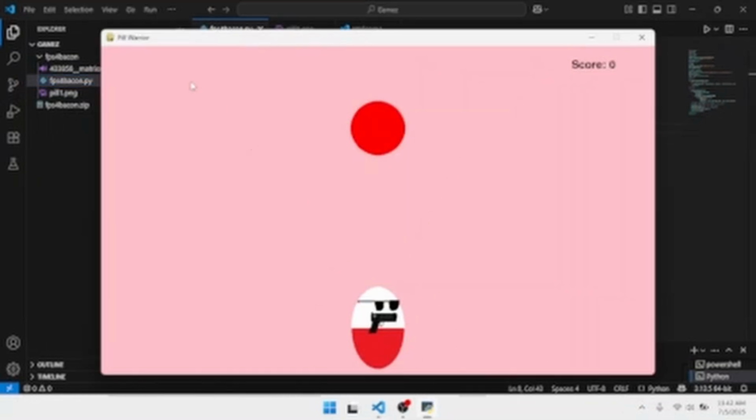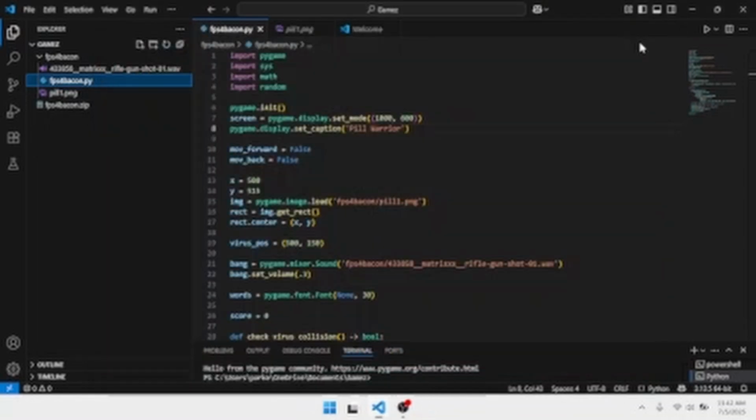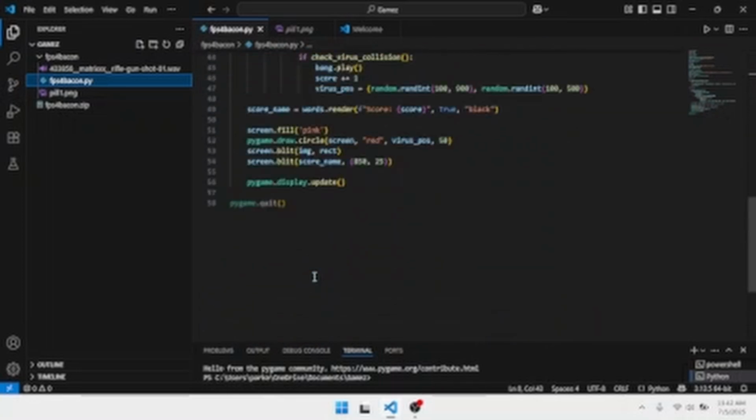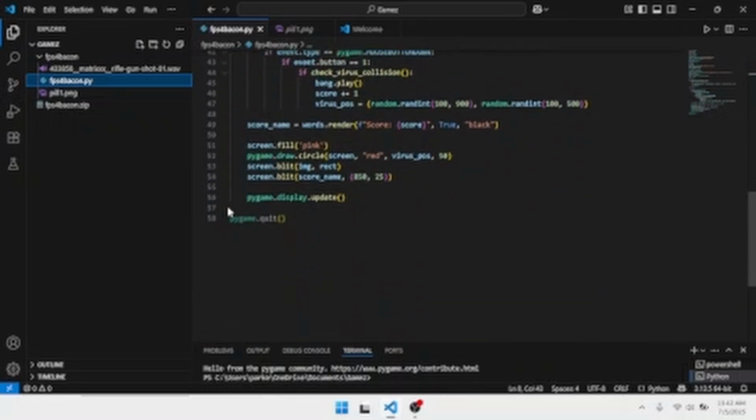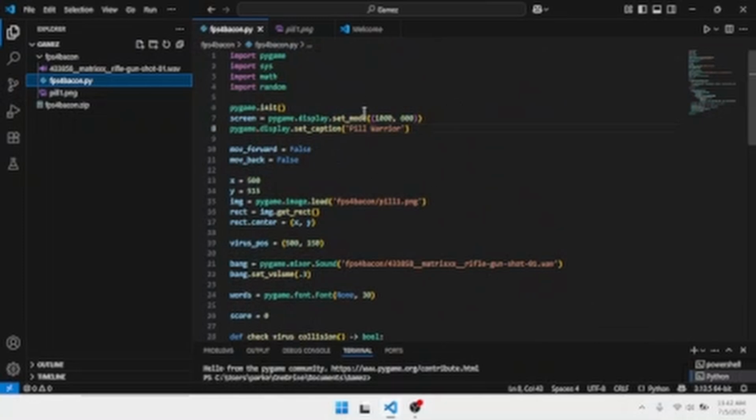We got a pill. He's a pill warrior. He shoots viruses, and every time you shoot a virus, you get a score point. You get more and more score points, and that's all. Pretty simple game, not nothing ambitious, but I'm pretty happy with how it turned out. Anyway, I'm going to go through this line by line, all 58 lines, just show you how it works,